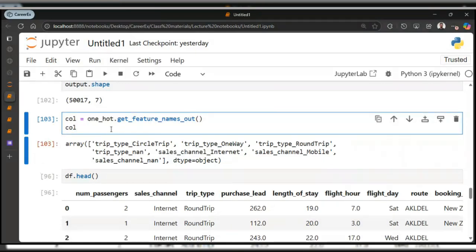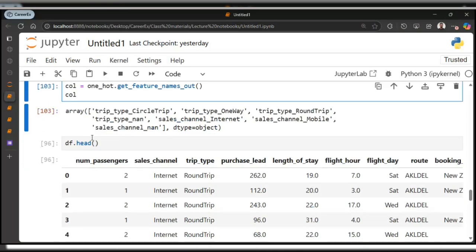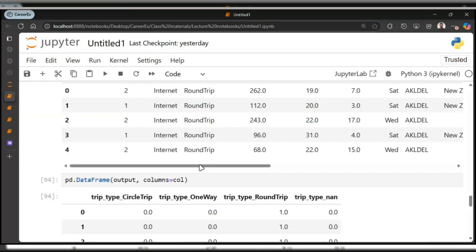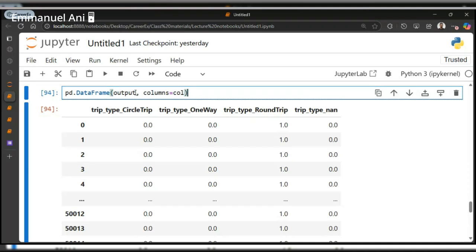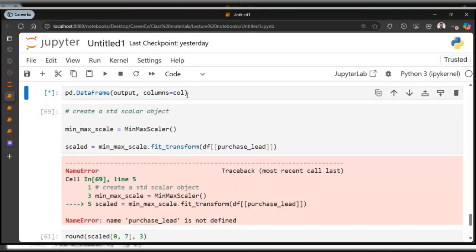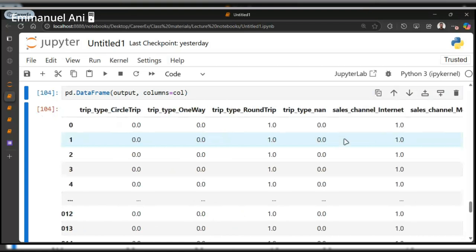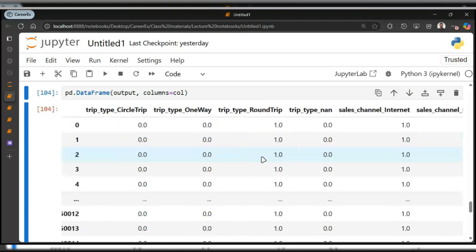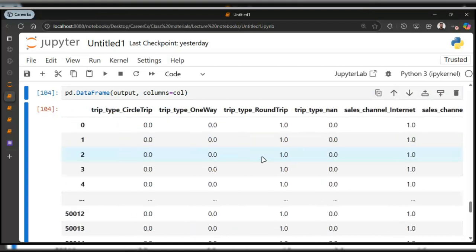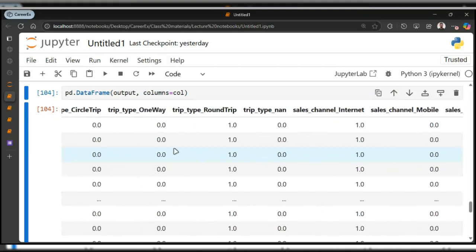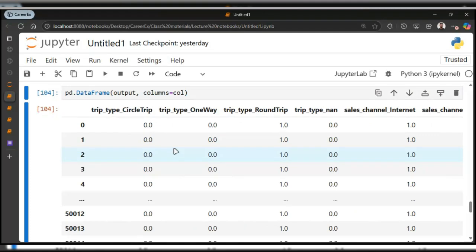And then we can just come here and say df output and column. So if I do this, I'm going to get all of them in one big data frame. So you can see how these are just 2 cool features from our original data set, and now we have them to be 7. So you can see how these ones and zeros can just blow up, depending on the number of categories you have.